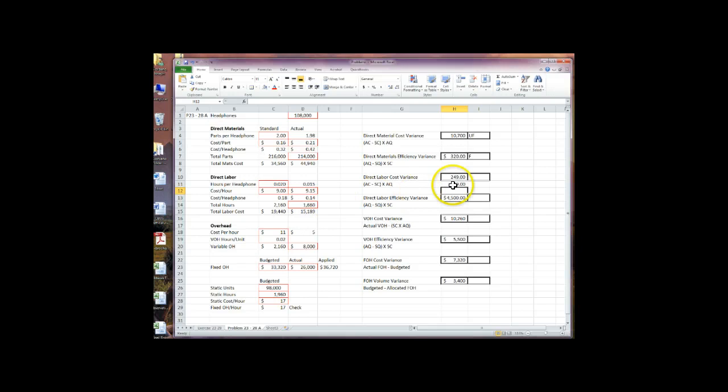249. Are we looking at favorable or unfavorable? Let's see, I expected to pay 9, I'm paying 9.15, that's unfavorable. Ooh. Okay, now we're in our